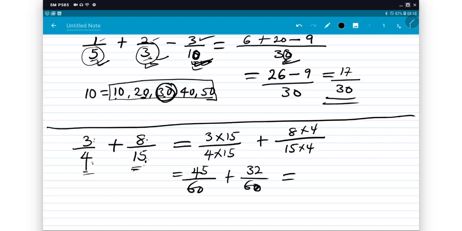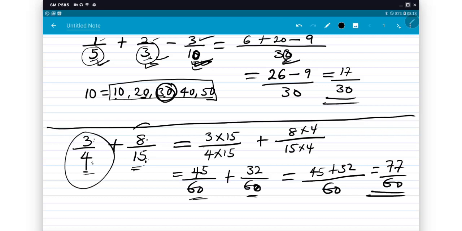So now that the two fractions have the same denominator, as you can see, the LCM will be that same denominator, 60. And I will have 45 plus 32. And that will give me 77 over 60 as my answer. So in a way, it saved me from thinking of LCM. This idea is cool if we have two fractions like this and you want to add or subtract them. Okay, so we can use all those short ideas to quickly add or subtract our fractions. Alright,